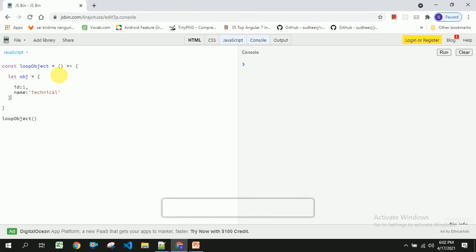Now our requirement is to loop through this particular object. So for this I am going to use a for loop, let i of Object.keys of obj.